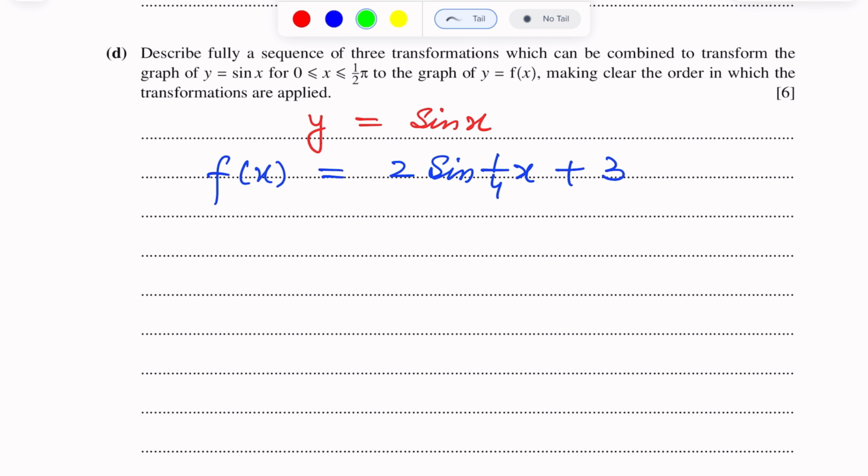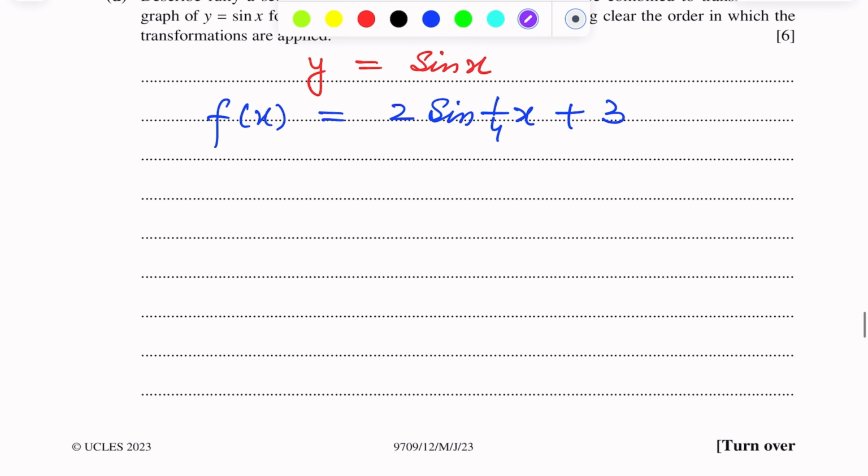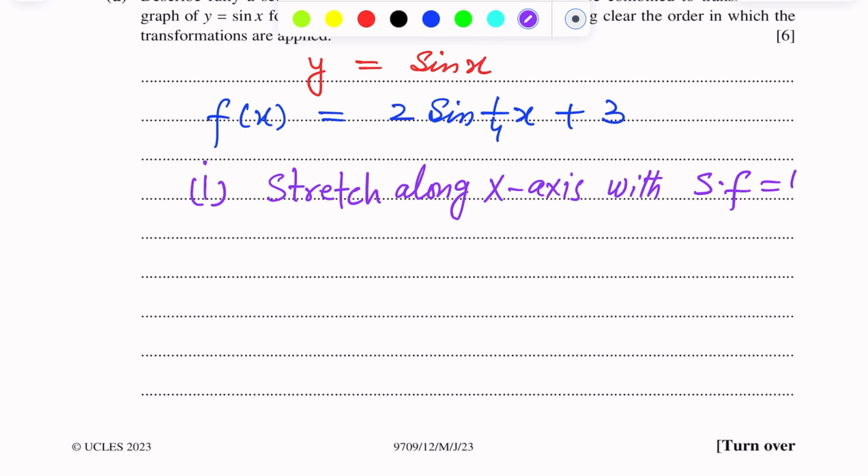So according to the given order, we will write here number 1: stretch along x-axis with scale factor, or stretch factor, equal to 4. Here it is 1 over 4, so the stretch factor will be 4. Next,